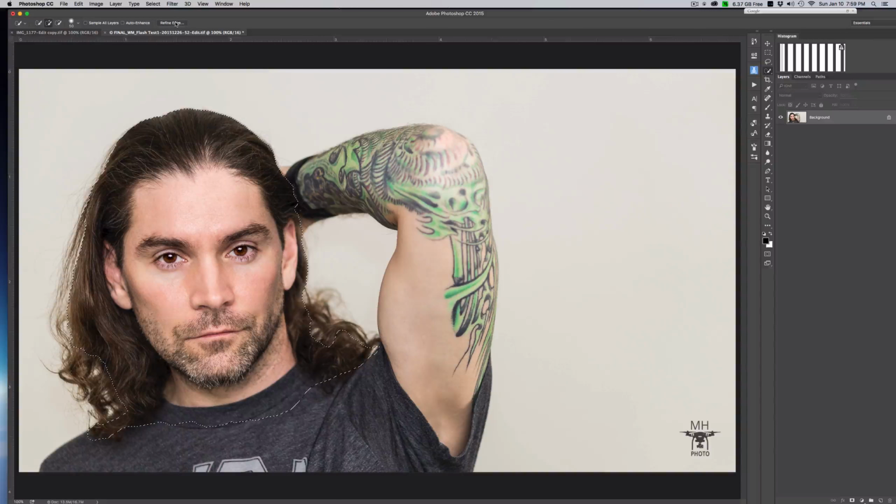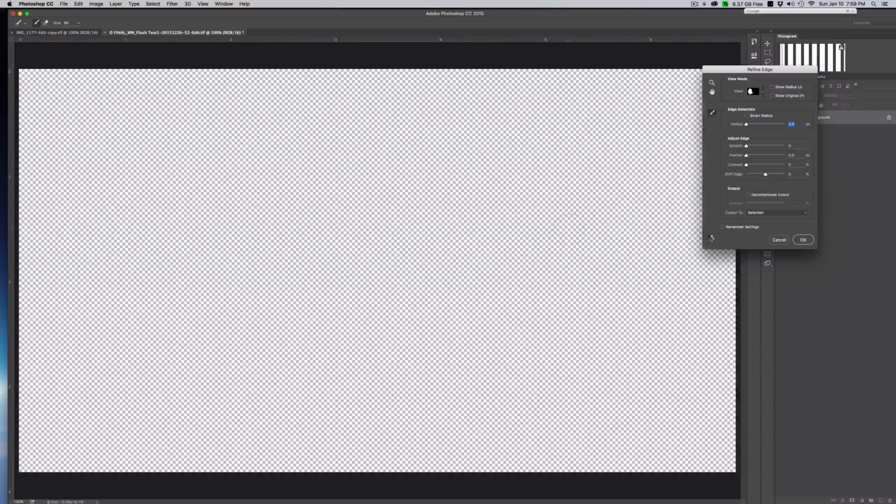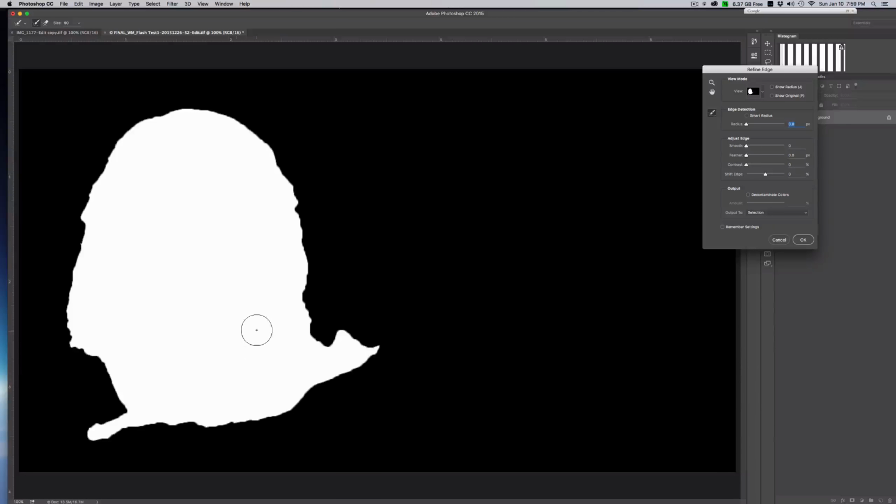Now we want to go ahead and hit Refine Edge. And as you see, it pops up here in mine in a mask because that's the last way I used it. If you don't have the mask, you can come in here and select it. It's black and white from the view mode. Next, we're going to go ahead and choose